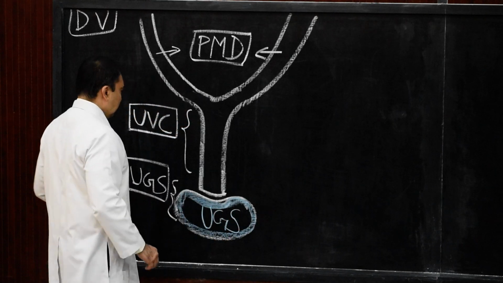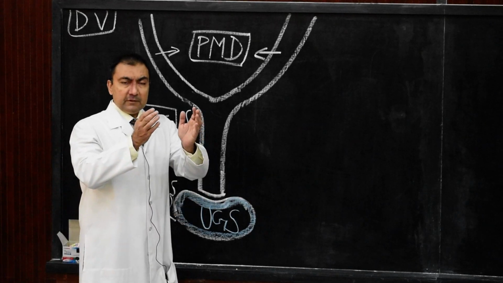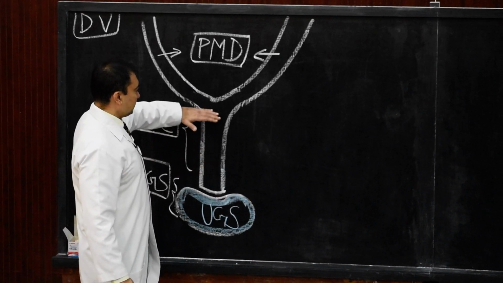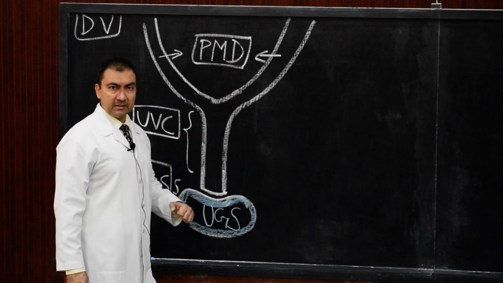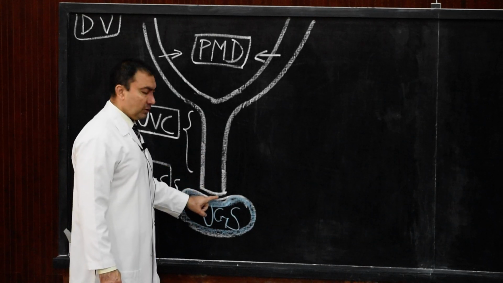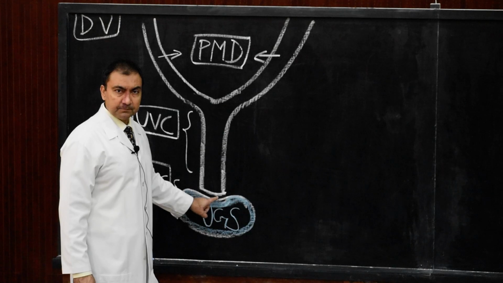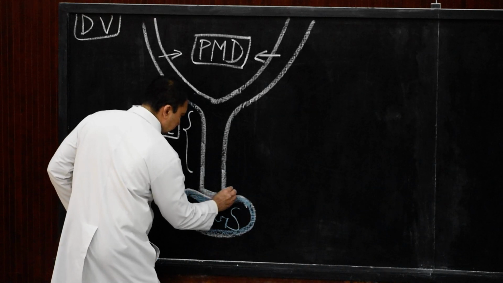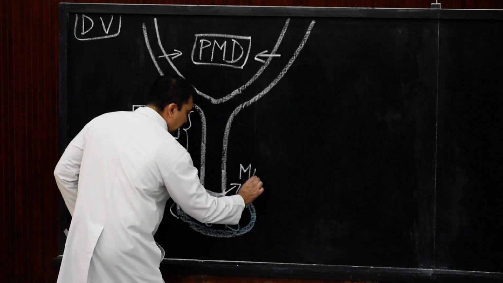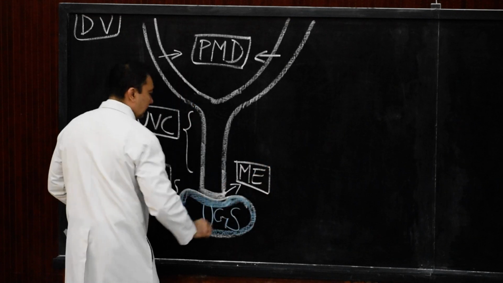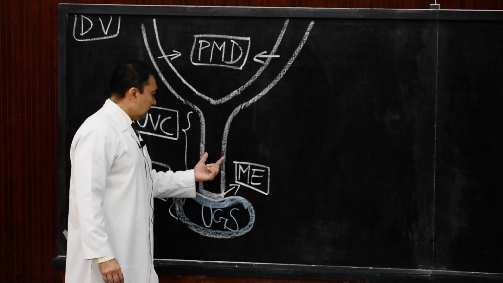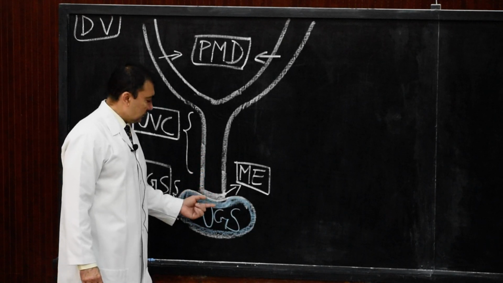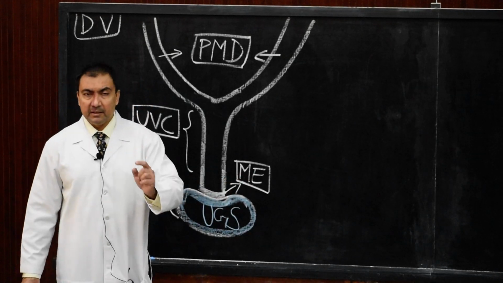And over here, the uterovaginal canal, which is the fusion of the caudal vertical part of the two paramesonephric ducts, and the upper half, we know, will develop into uterus and fallopian tubes. The lower half, the caudal part, will open into the dorsal wall of the urogenital sinus, and where it opens is called Mullerian eminence. So this portion over here will be known as Mullerian eminence. So what is Mullerian eminence? This is the key word over here. The caudalmost tip of the lower vertical part of uterovaginal canal, where it opens in the dorsal wall of urogenital sinus, is called Mullerian eminence.